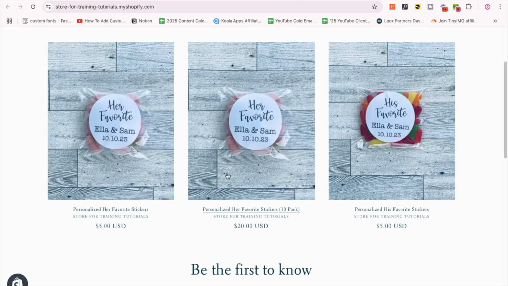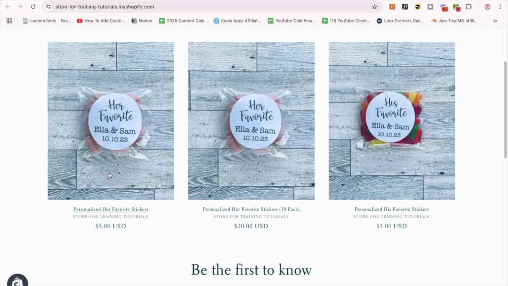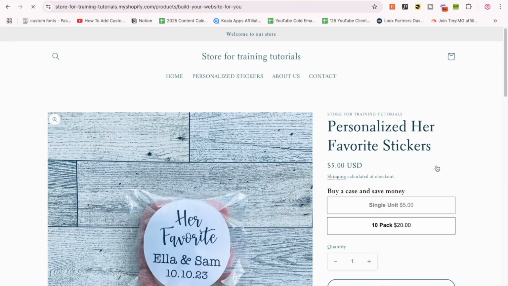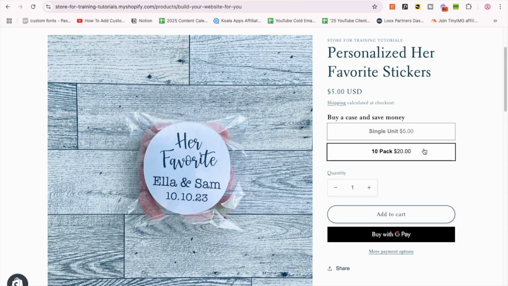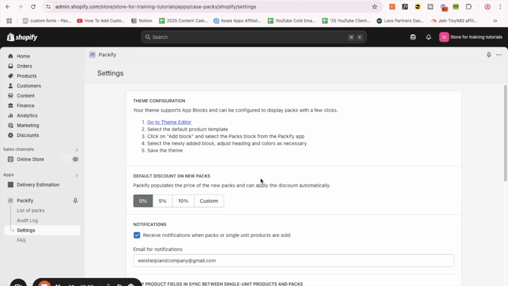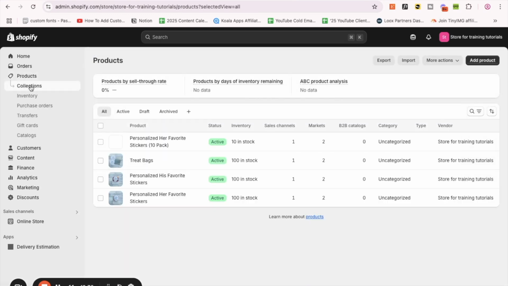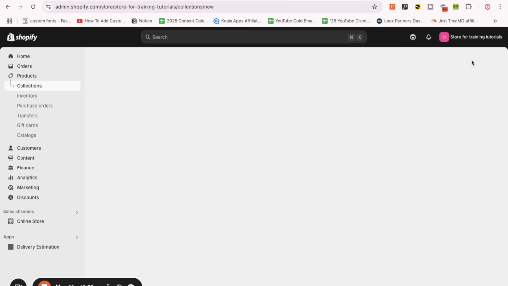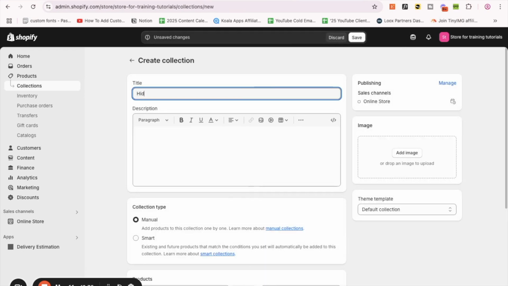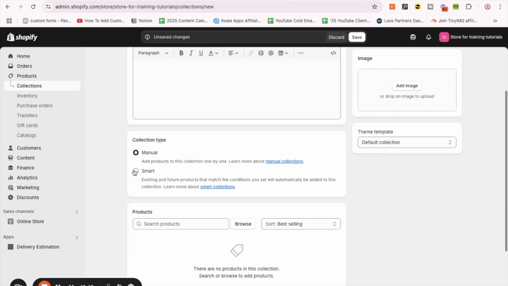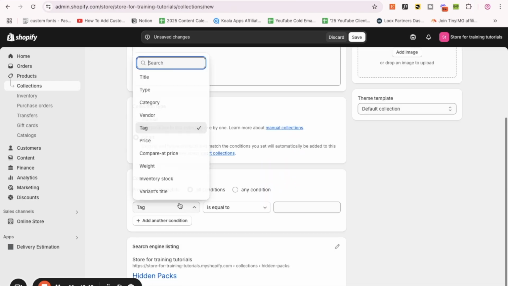You can leave it like this if you'd like, or if you only want your packs to be displayed on the single product page like this, let me show you how to hide the other one on your homepage. The first thing you're going to want to do is navigate over to products and then go to collections. Once you go to collections, we're going to create a new collection and we're going to call it hidden packs. Next thing we're going to do is select smart and we're going to select the conditions: title does not